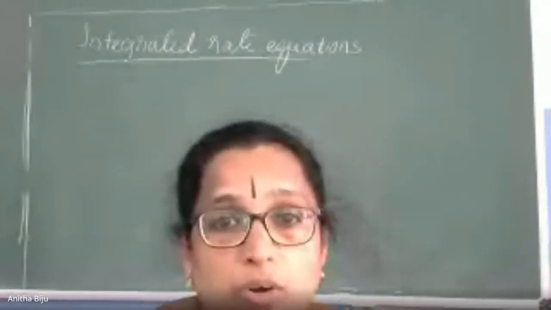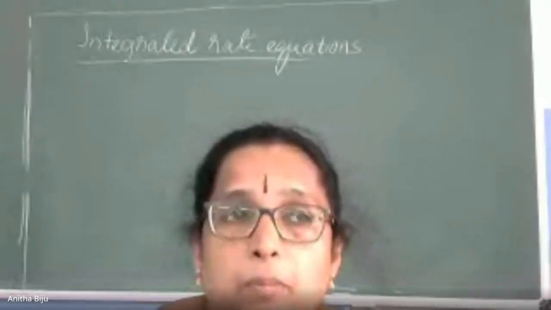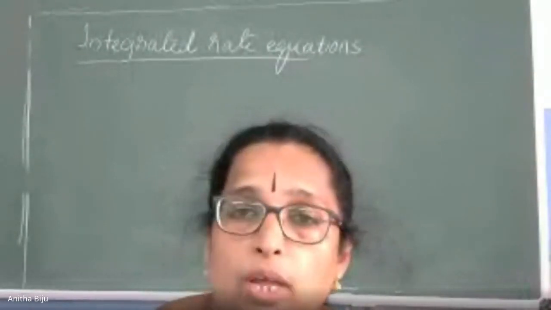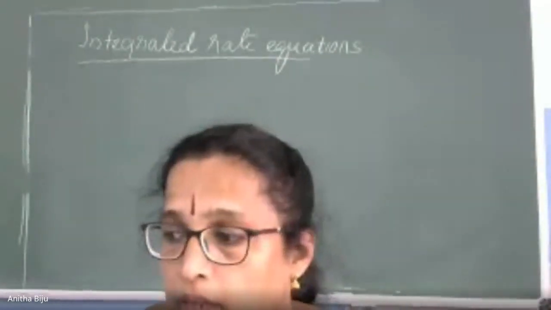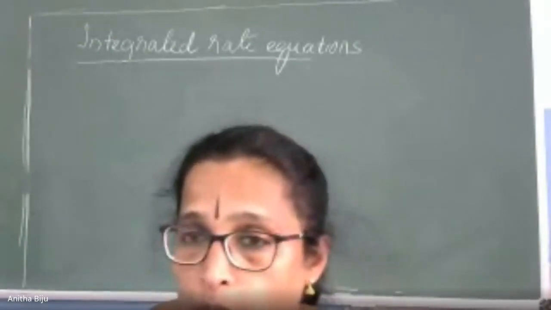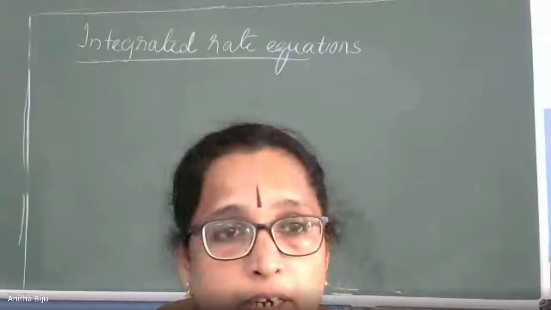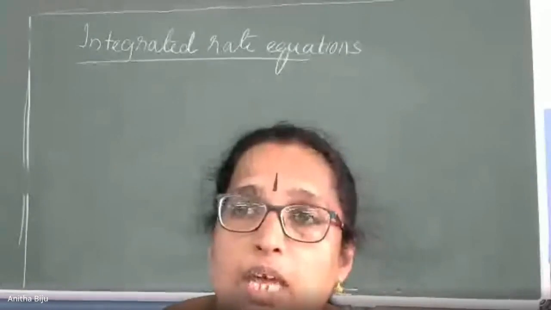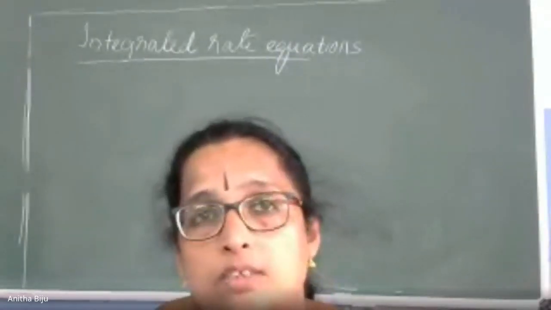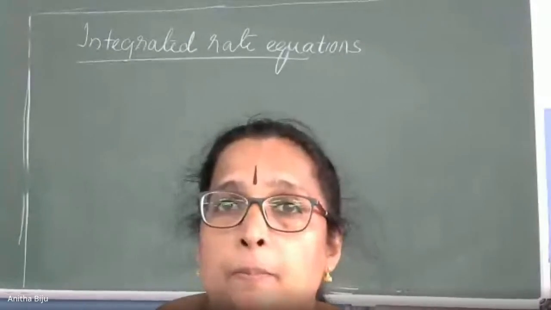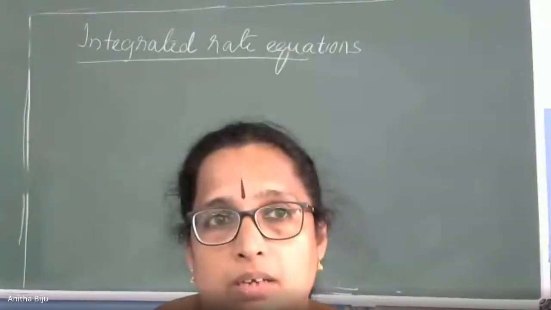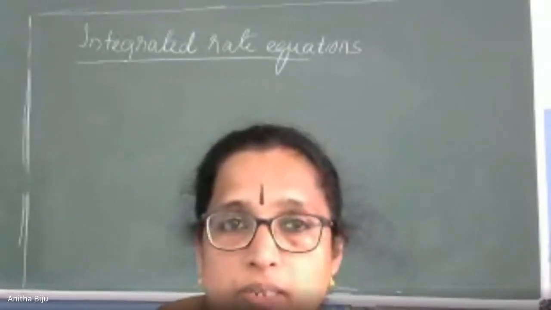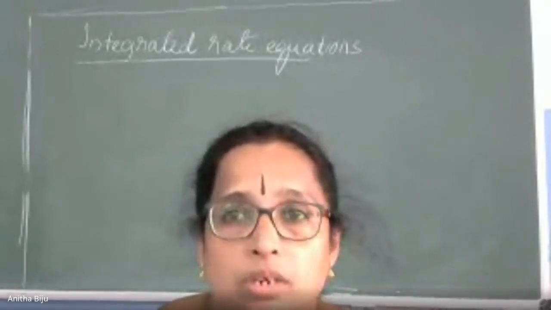Concentration dependence. Concentration means what? We have discussed that the rate of the reaction is directly related to the molar concentration of reactants. So this concentration dependence of rate is called the differential rate equation. We have learned that there are two ways we can express the rate of the reaction. One is called the average rate and second is called the instantaneous rate. Average and instantaneous. So in this case, we are now focusing on the instantaneous rate of the reaction.